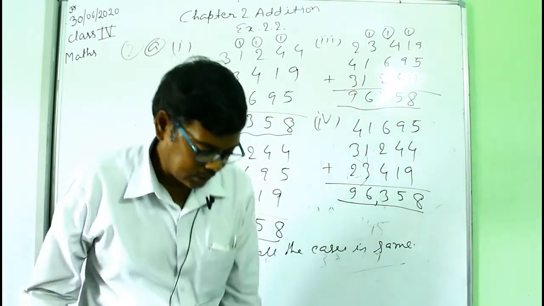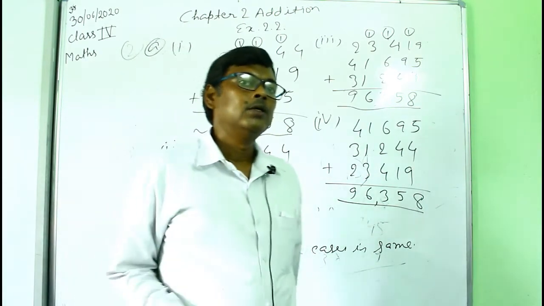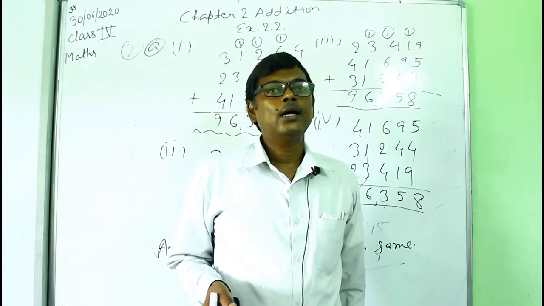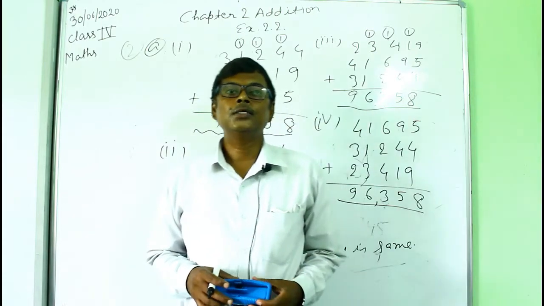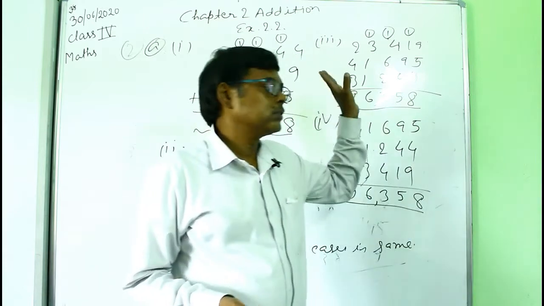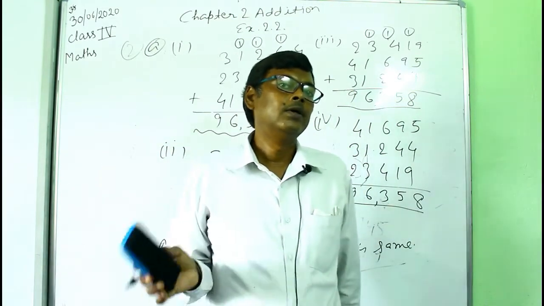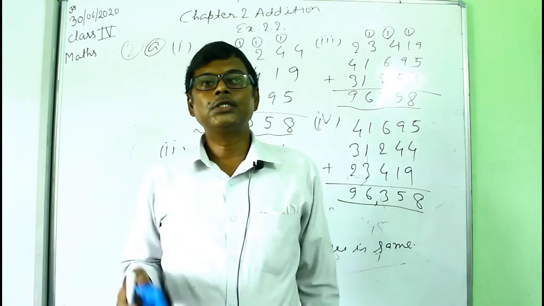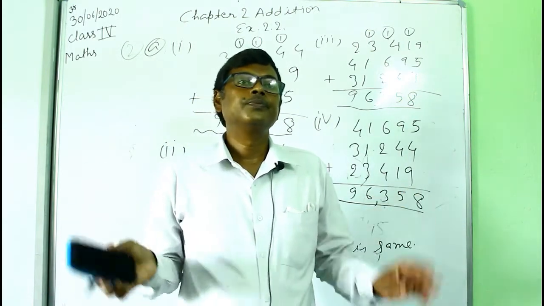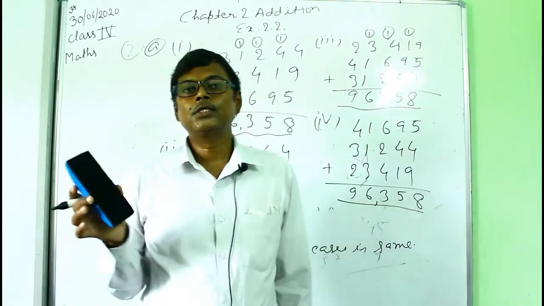And the second question is the same. In question number B, you are given 3 numbers again, and these 3 numbers are again arranged in 4 different ways. You will do this sum just like this, and again observe your answer. You will see that in all these 4 arrangements, when you add the given numbers, the answer will remain the same.